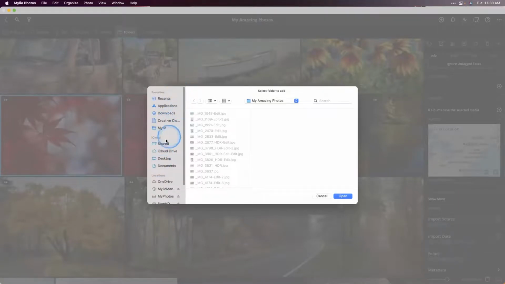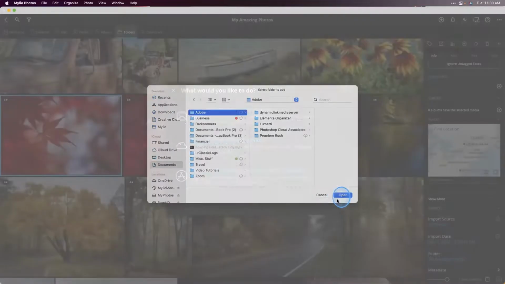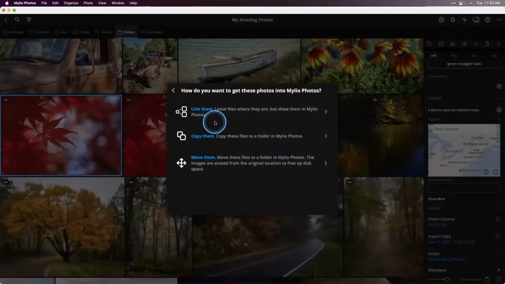And let me just grab a random folder here. I'm going to go to documents and let's just choose this Adobe folder. Now, let's say I want to add this. If I want to make room on my internal hard drive, let's say these files are on my internal hard drive, and I want to physically move them to an external hard drive to make room on my computer,